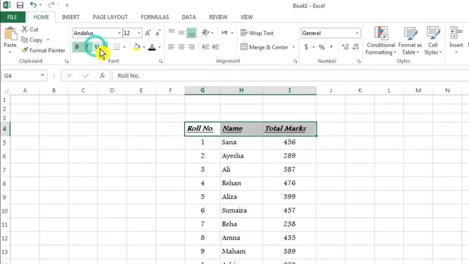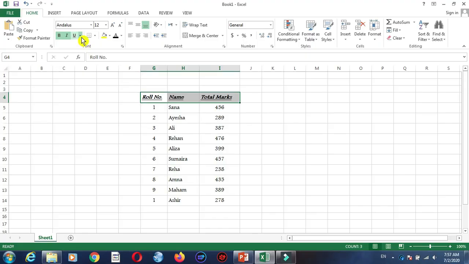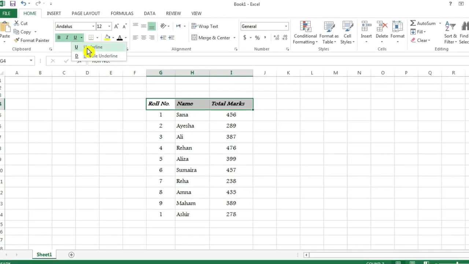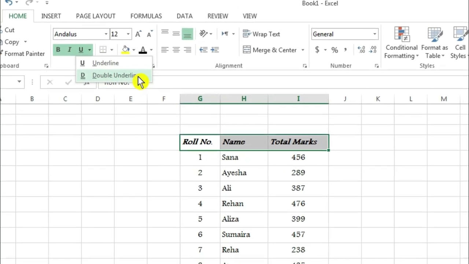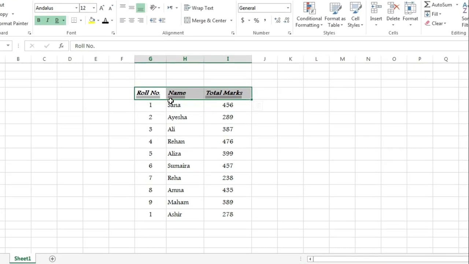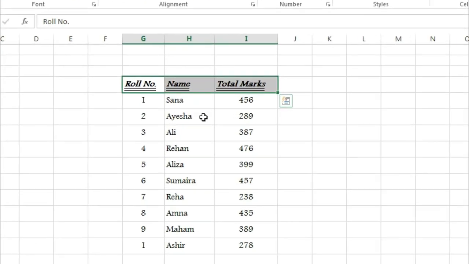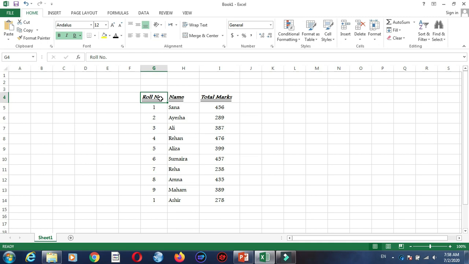Underline will make the text underlined, or if you want a double underline, then press the down arrow and click the double underline option. Here you can see the double underline appear under the headings. Here I am going to increase the font size of my heading.